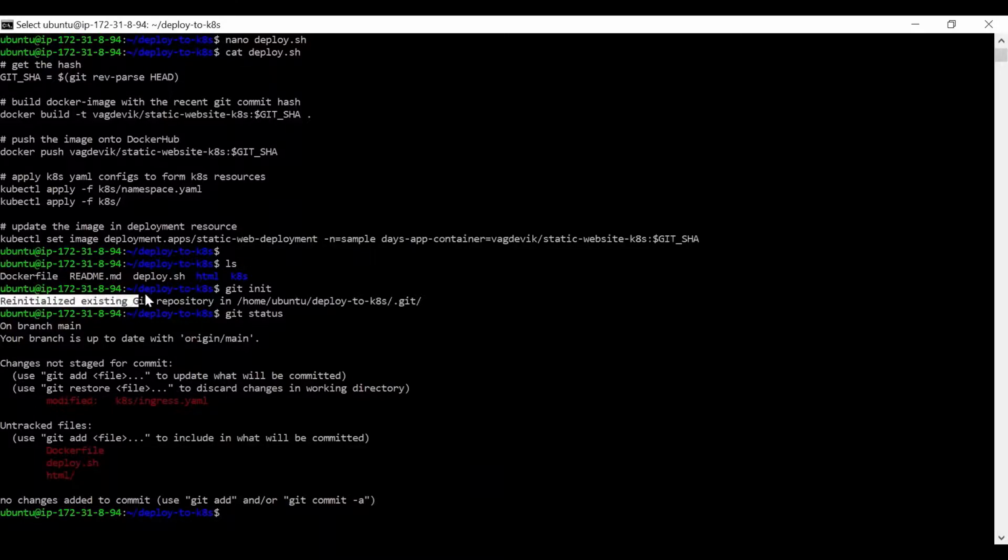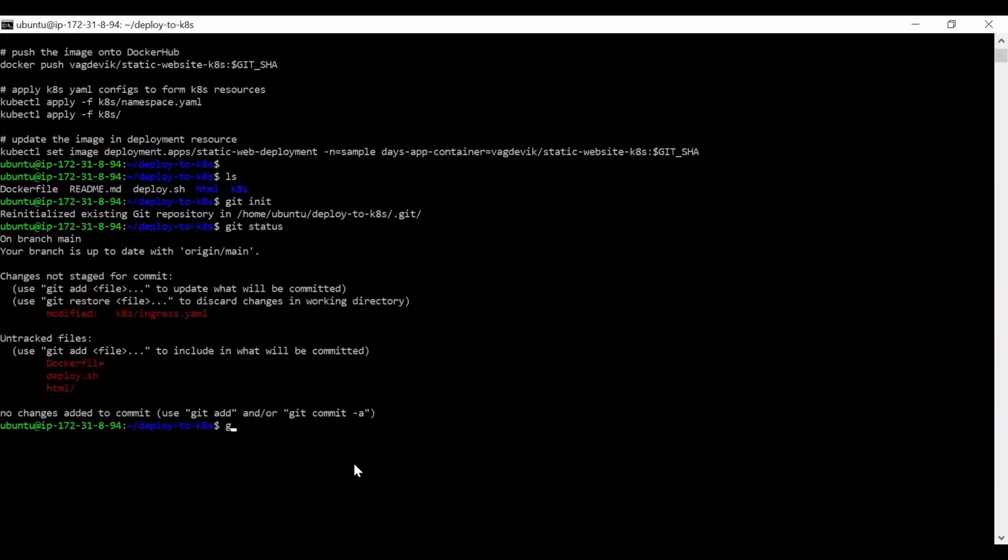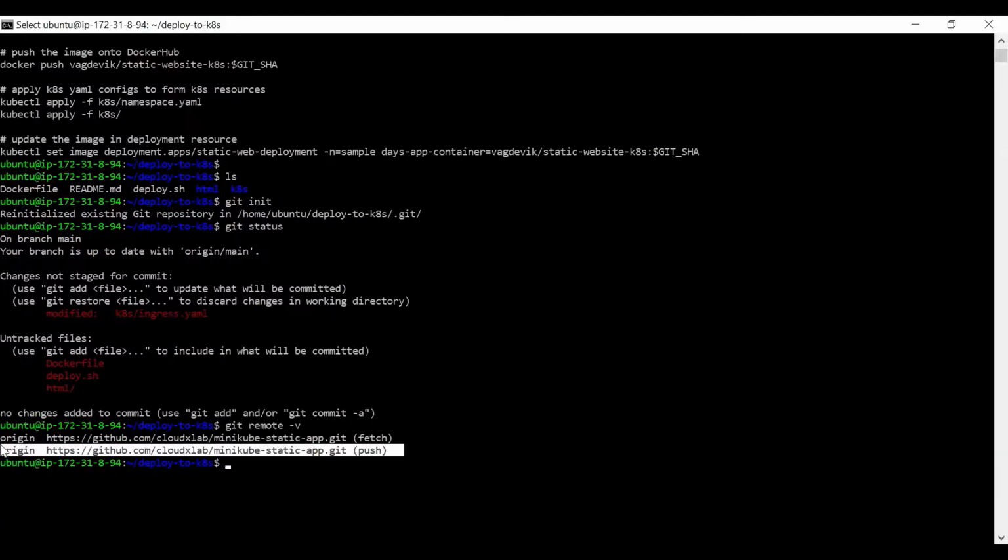Here it says reinitialized, and the reason for this is, if you remember, we cloned this repository and renamed it to this, right? So if we do git remote -v, it shows that we have fetched this code from this link, right? So we shall do one thing.